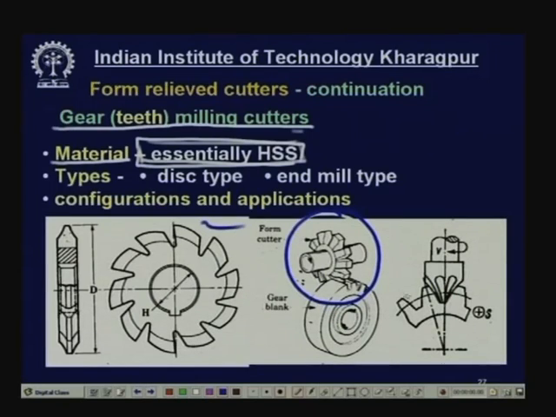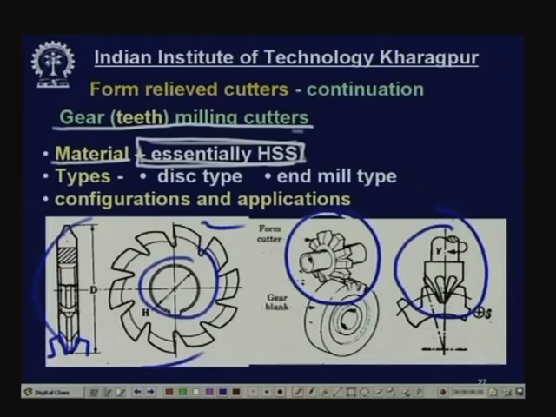Now, these gear milling cutters, here you see, this is the form of the tooth, two teeth. So, the material in between has to be removed by a cutting tool of this configuration. So, this cutter can be a disc type, here you see this form. This will produce the tooth gap here also, this type mounted on a milling arbor, or it can be end mill type. Here you see this is end mill type. When the gear teeth are very large, that is the module is very large, and the gear may be say 30 feet diameter or 40 feet diameter, the teeth are about 50 or 60 millimeter height, then this kind of cutter is used,